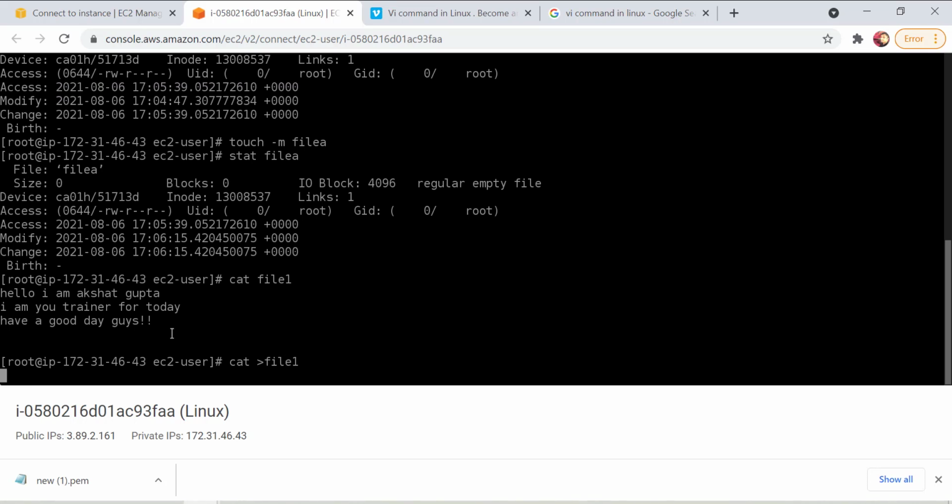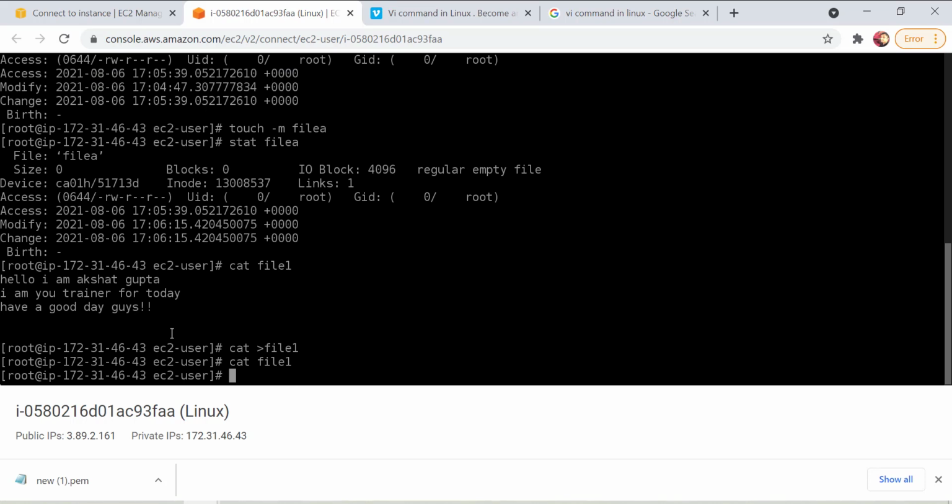You can just write > file1 and press Control D. Okay, and when you again write cat file1, it would be an empty file now. Okay, so this is an empty file.